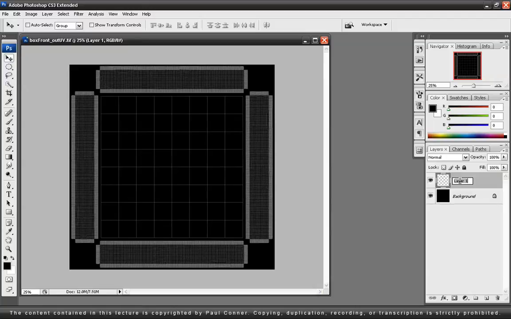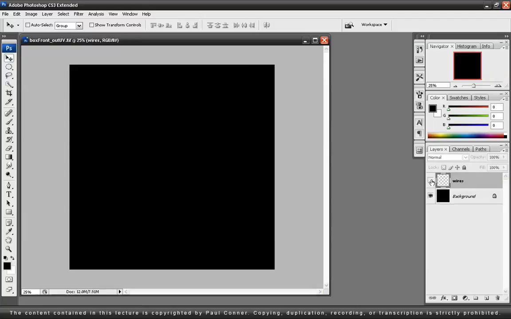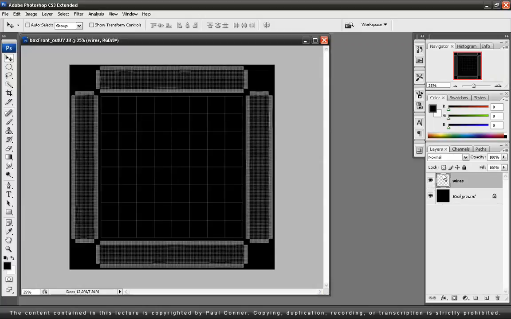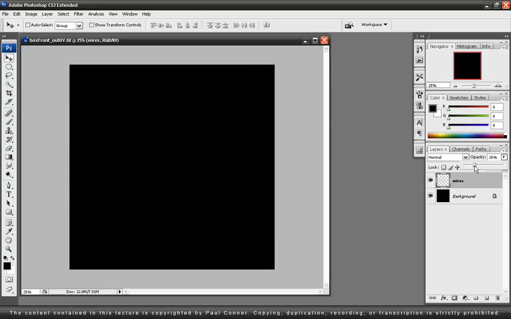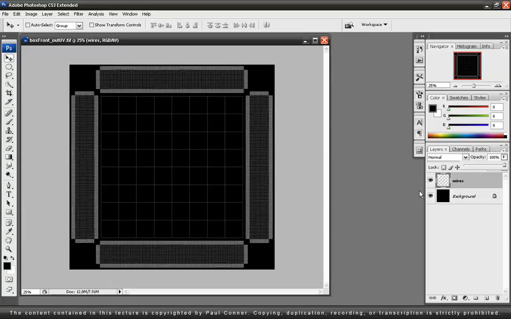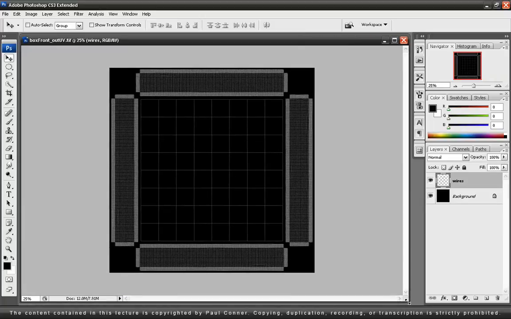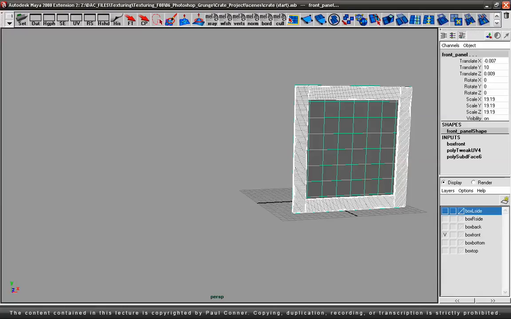And I want to make sure that I label everything. So there's my wires layer, and I can turn that on and off now. And as well, you can go in and adjust the opacity on this stuff. Alright, so that's set up, and I can start working on texturing now. But before I do that, we've got a couple things to consider here. If I jump back into Maya,